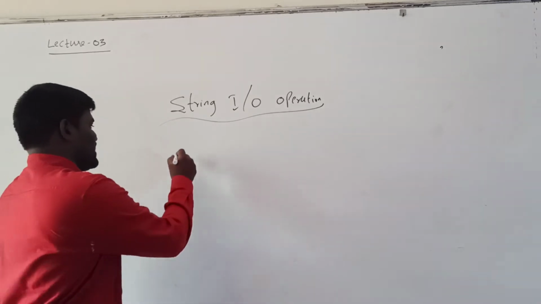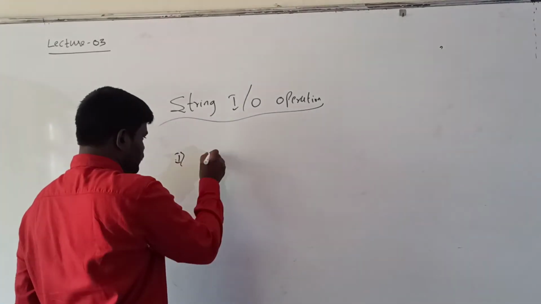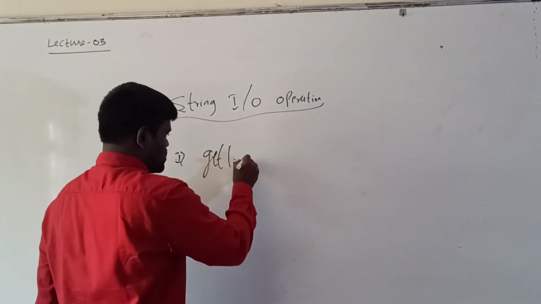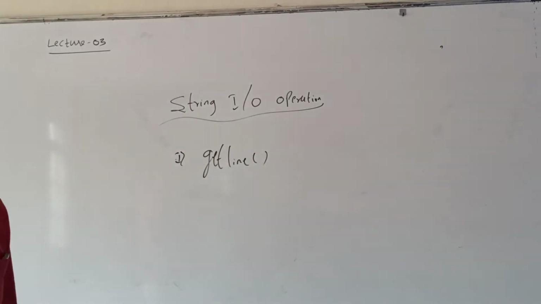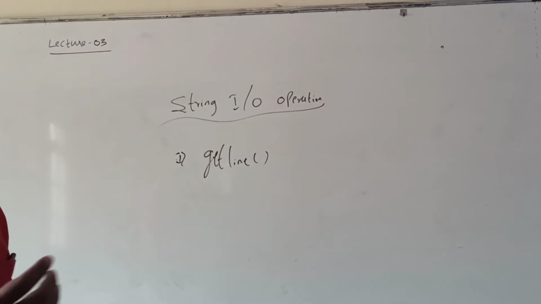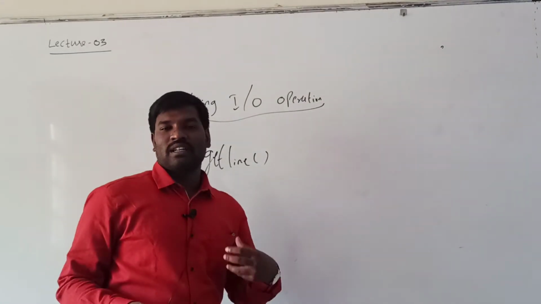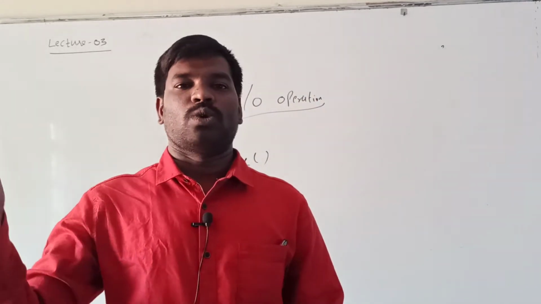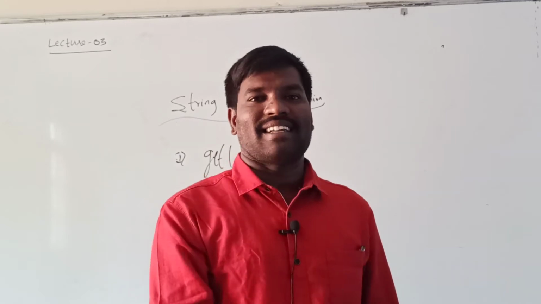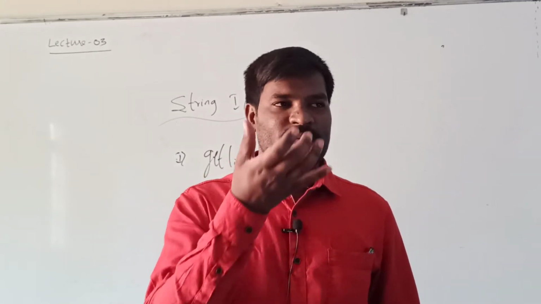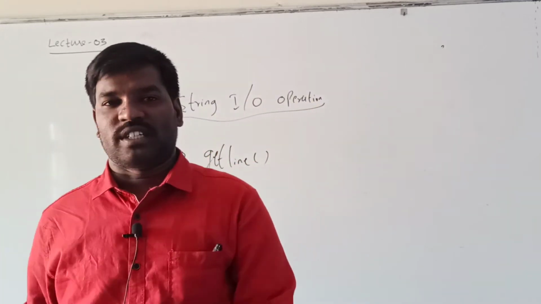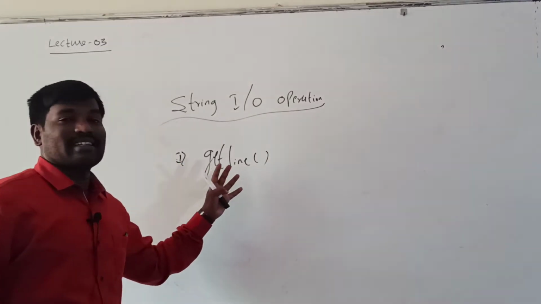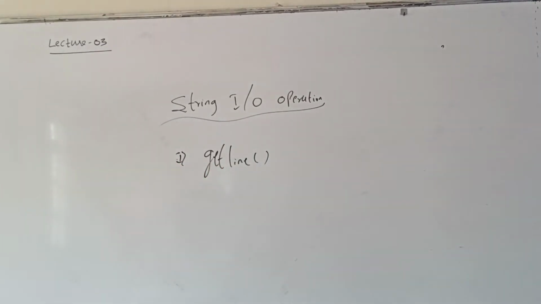The first one is the getLine function. GetLine is used to read an entire line. For example, a file may consist of 5 lines or 10 lines. If you want to read the entire line, or if you want to read from the beginning to some particular position, then you have to use the getLine function. The syntax for the getLine function is,